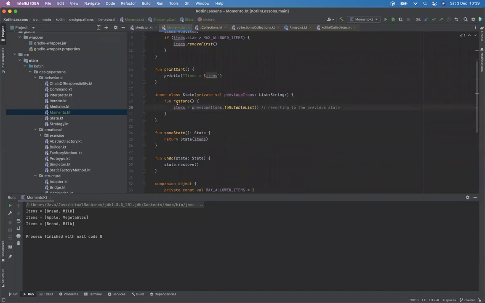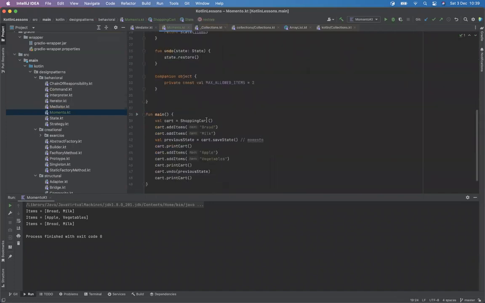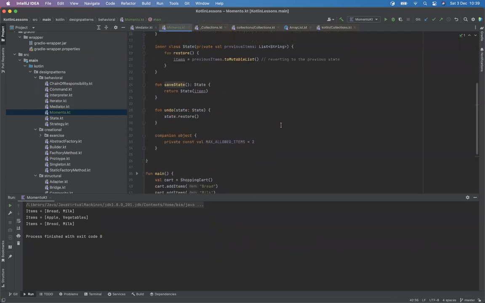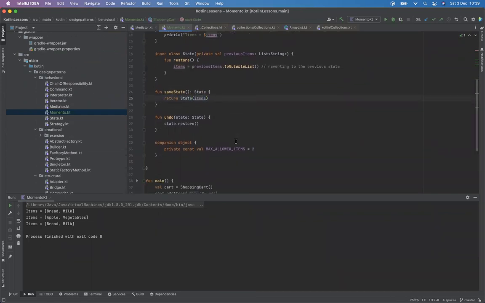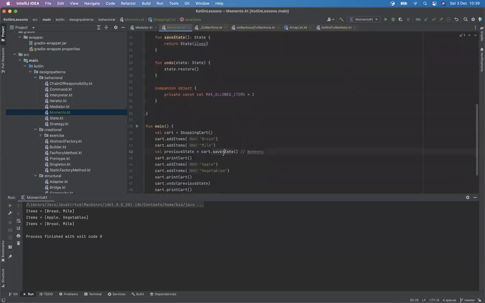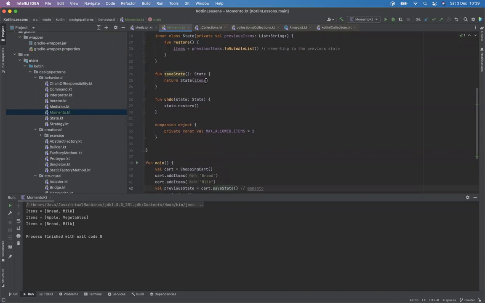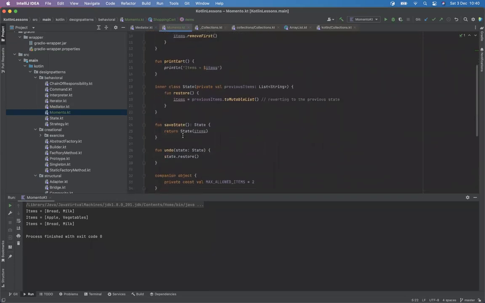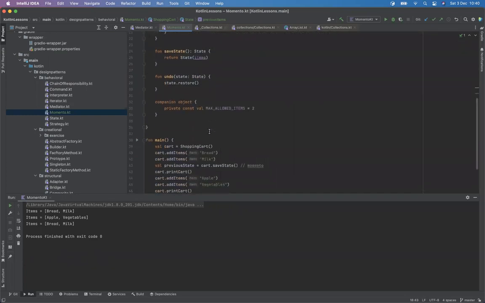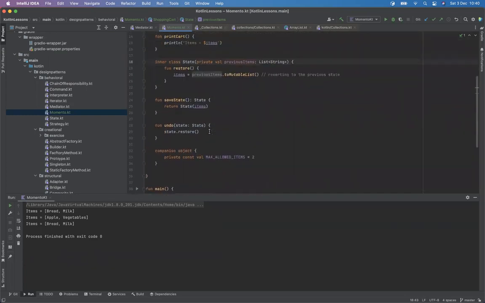So when we say restore, up until this point, we said save. That's where we were not giving the right version of the list. Okay. Yeah. This is when we put this version of this mutable list into the state. We create the state with this, and then that went into this. So what is the save doing? The save